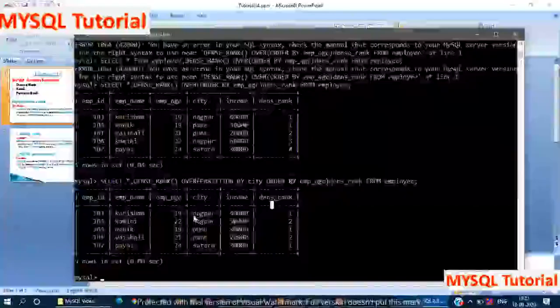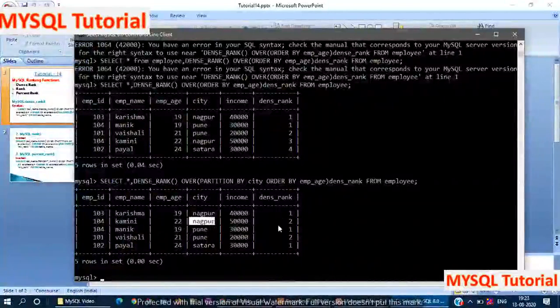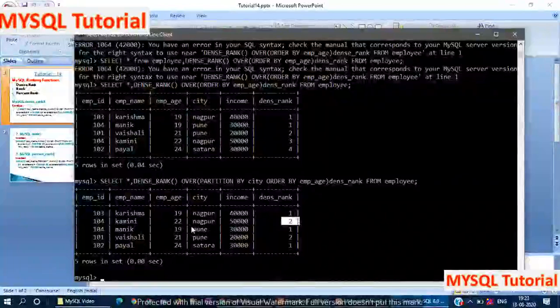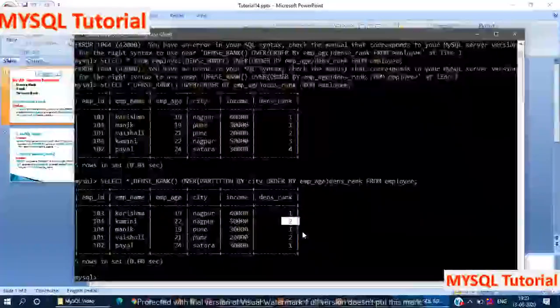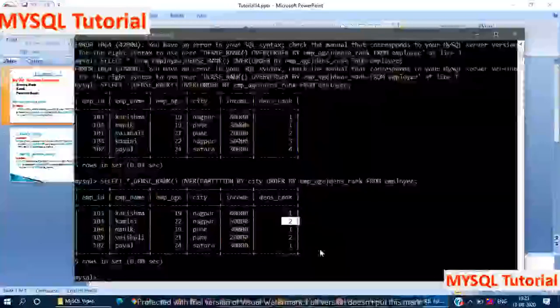Here you can see the first city is Nagpur. Here rank is 1. Again the city is the same, that's why it changes the rank. That means we can say that if there is the same city, it just increments its count, and if there is a distinct city, it sets the dense rank as 1.